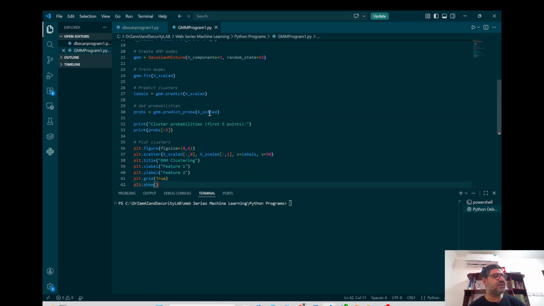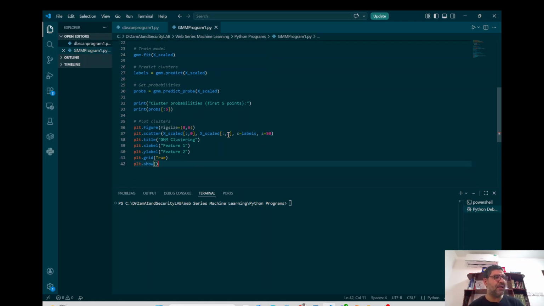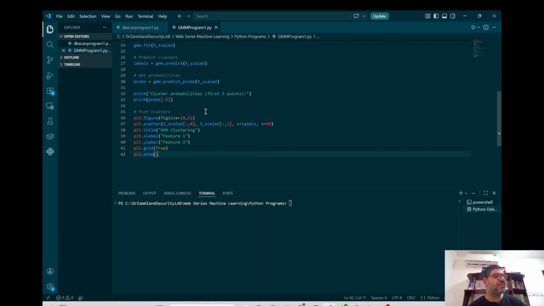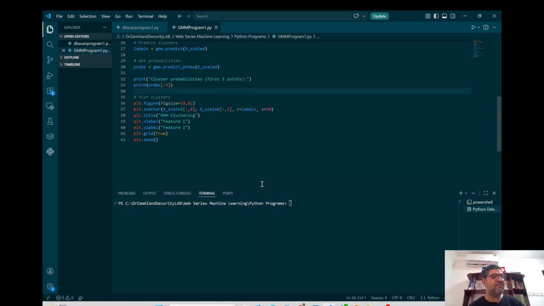You can just see getting the probabilities, and we are printing the cluster probabilities. And then just for the sake of understanding, we are putting one graph and visualizing it so that we can have a better comprehension of it. Very simple example to understand this